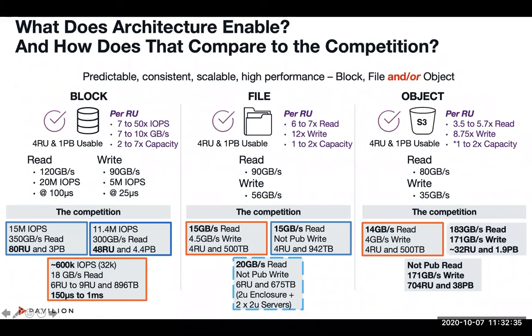That's exactly right, Keith. And when you look at what we're able to do and how it compares to the competition, there's a number of important things to look at here. So there's the performance, absolutely. 120 gigabytes of performance, 90 gigabytes of performance, 80 gigabytes of performance. Something people didn't really think was attainable with a single array. But it's also the IOPS, it's the latency, it's all of those combined. When you look at our write latency for block, 25 microseconds,